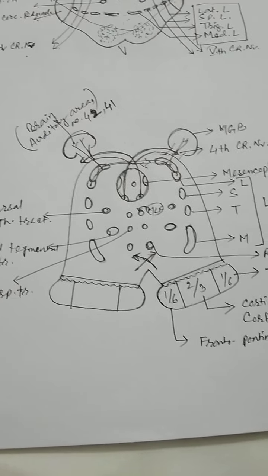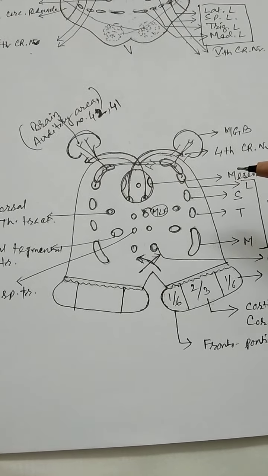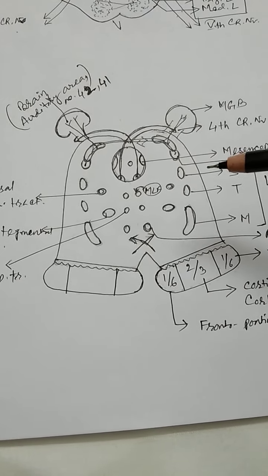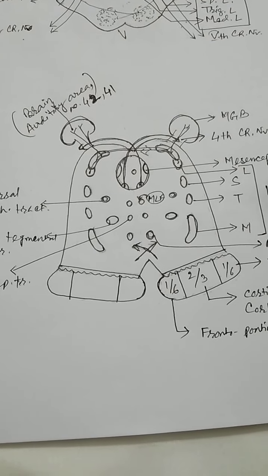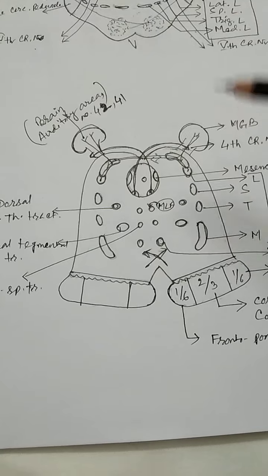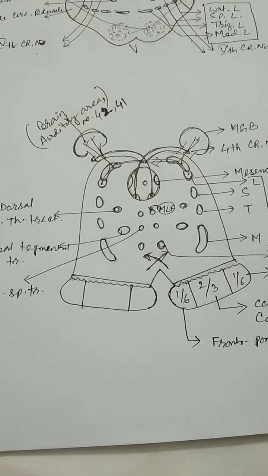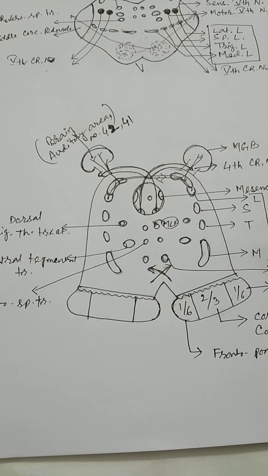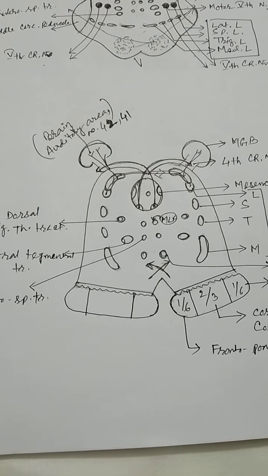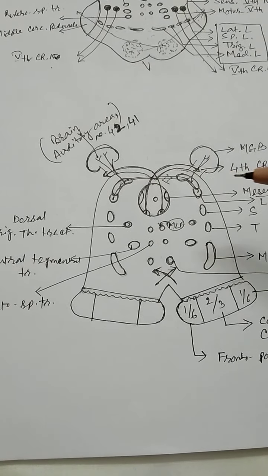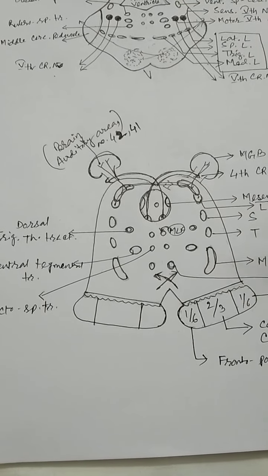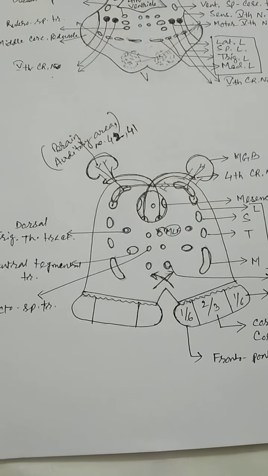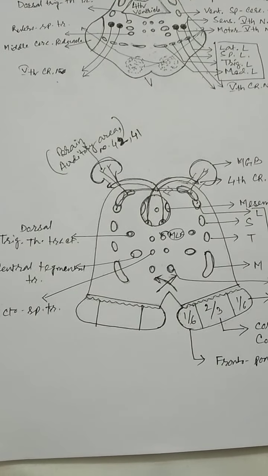So today we are going to discuss the section of the midbrain along with the internal features, what we can see in a section of the midbrain. Here, all the structures, like in the previous sections, the medulla or the pons, you cannot see without the help of a microscope. Some structures you can see without using the microscope, like, in the superior collicular level of the midbrain, the red nucleus.